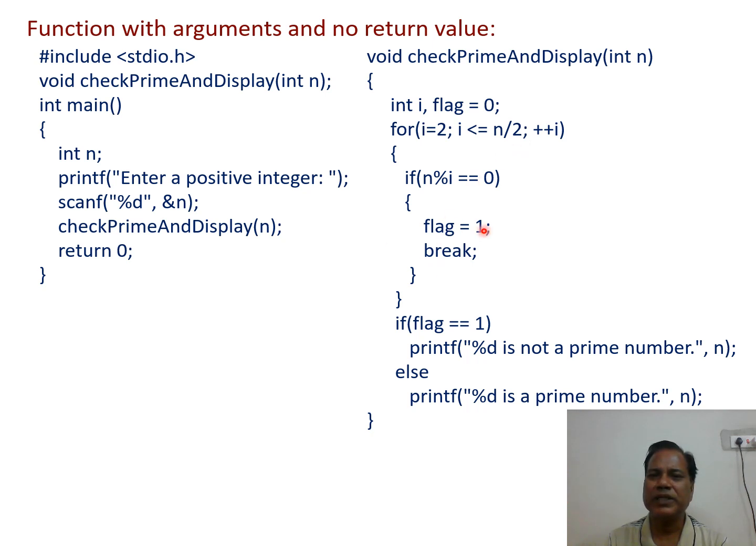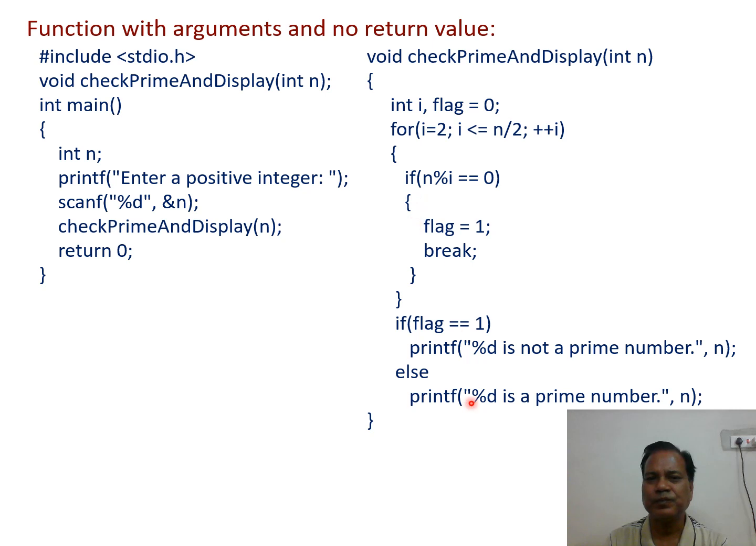So if the number is divisible by any number within this range, the entered number is not a prime number, and accordingly flag is set to 1. If it is not divisible, the condition is not true, then the flag remains at its value 0. And once it is true, that is, the number is divisible by a number in this range, flag equal to 1 is set, and then the next statement